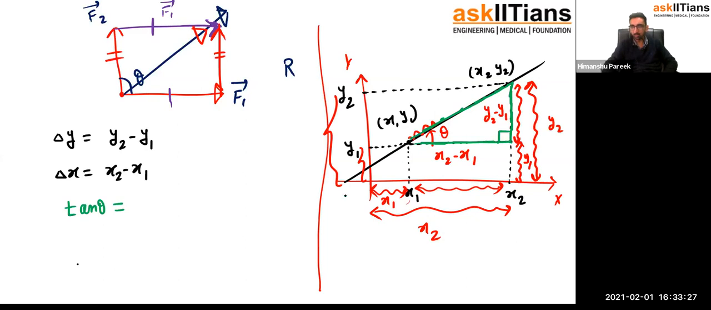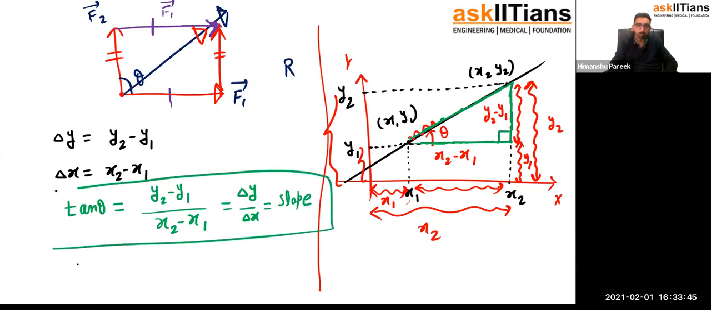Perpendicular is the side which is opposite to the angle theta. So y2 minus y1 upon x2 minus x1 is the base, which is nothing but delta y by delta x. And that is nothing but the slope of a straight line. Always remember this. It's very, very important if you want to grasp the kinematics chapter, the first chapter of